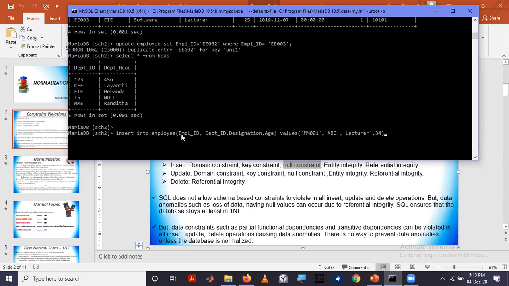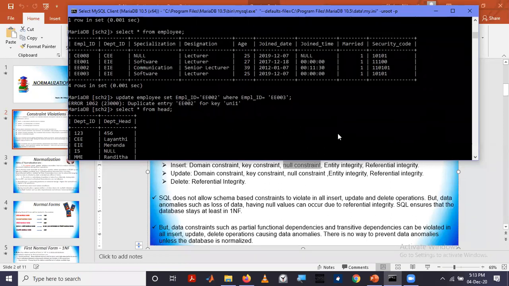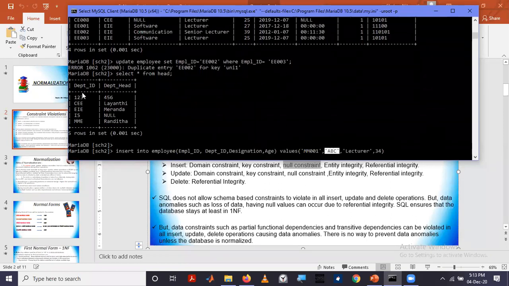So these things are okay. Employee ID, this one, designation, this one, age, this one is okay. But the fact is, this will violate the foreign key constraint because such a thing is not in the primary key of the reference relation. So we'll see whether this one will allow us to do that or not.